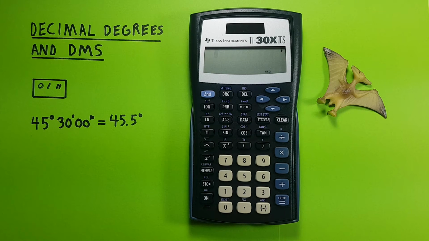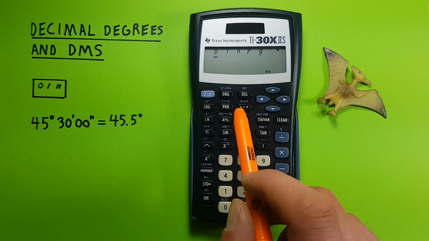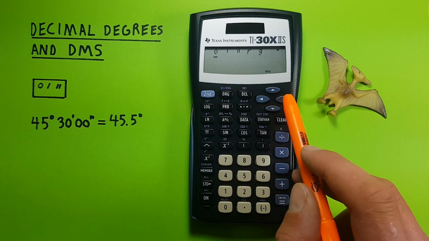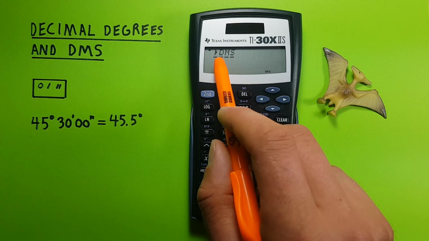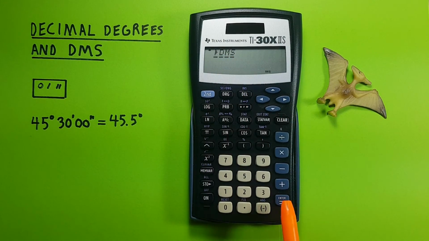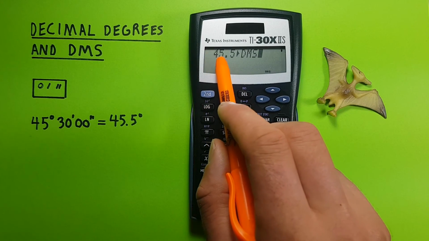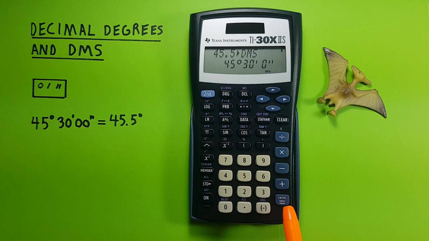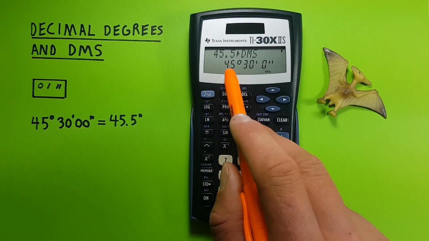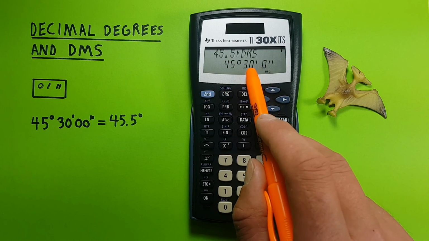Let's say we were given 45.5 degrees, and we wanted to convert that to degrees, minutes, seconds. We would place the 45.5 on the top screen, and then press the degree minute seconds key to bring up this menu. And this time we'll scroll to the right 1, 2, 3, 4, 5 times onto the next screen and highlight this DMS. Hit enter so that we have 45.5 into DMS. Hit enter one more time, and we see that has converted it for us into 45 degrees, 30 minutes, 0